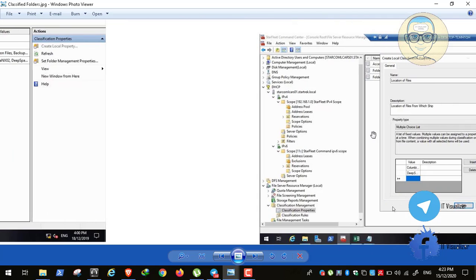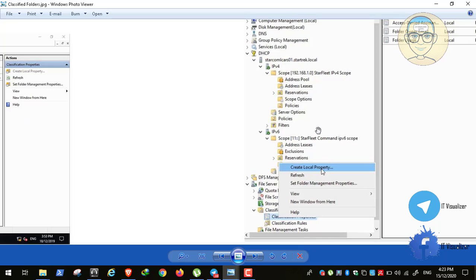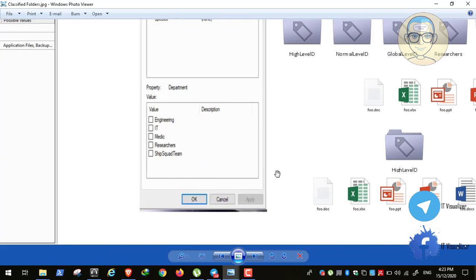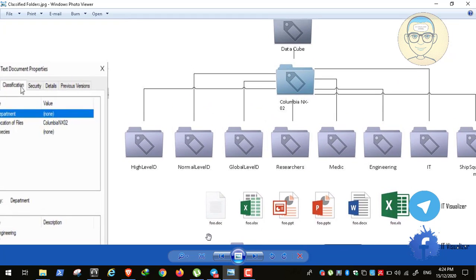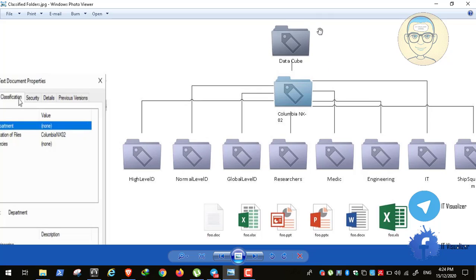Well, this is a little bit of a graph of what we will do, but I will show you all what I mean by this. So here we can see, for example, that this is our file server. We have a main folder in the file server. We name it data cube. This will be the main folder in the file server, and then we will have a subfolder for every branch